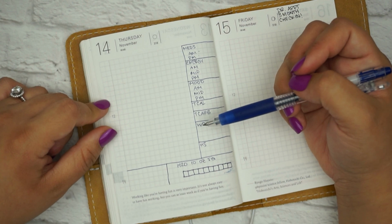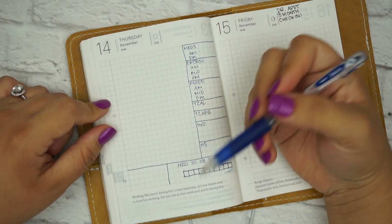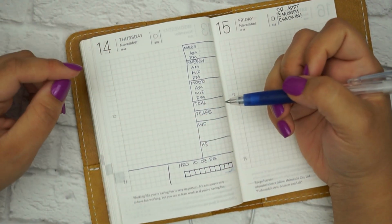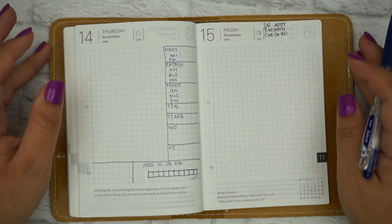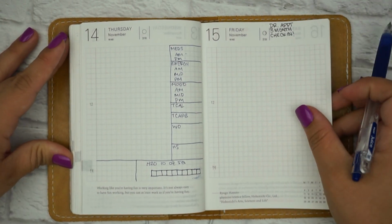say I had tuna, so I'll say I had 1 can of tuna with 1 tablespoon of mayonnaise, or whatever it is. I write down the measurements of that as well. I realize that this might be overkill for a lot of people. I don't feel like most people need to be that